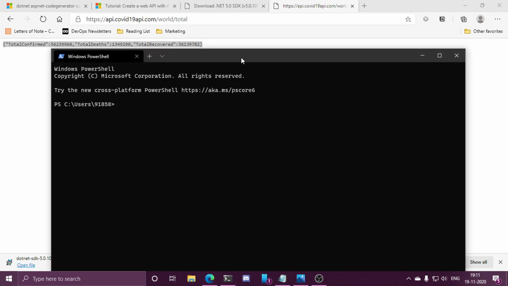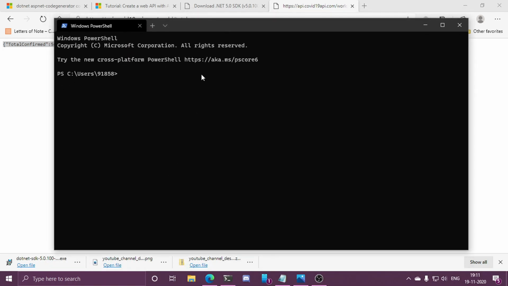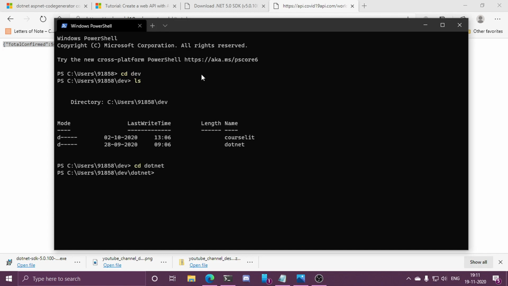Now we can open our terminal. This is Windows Terminal which you can install, and I will just navigate to a directory. This is just a throwaway directory I have created for throwaway projects. So we are going to create a new project over here. The very first command which we need to see is the dotnet --version command, and this lists the current version of the .NET platform that is installed on the system, and as you can see it's 5.0.